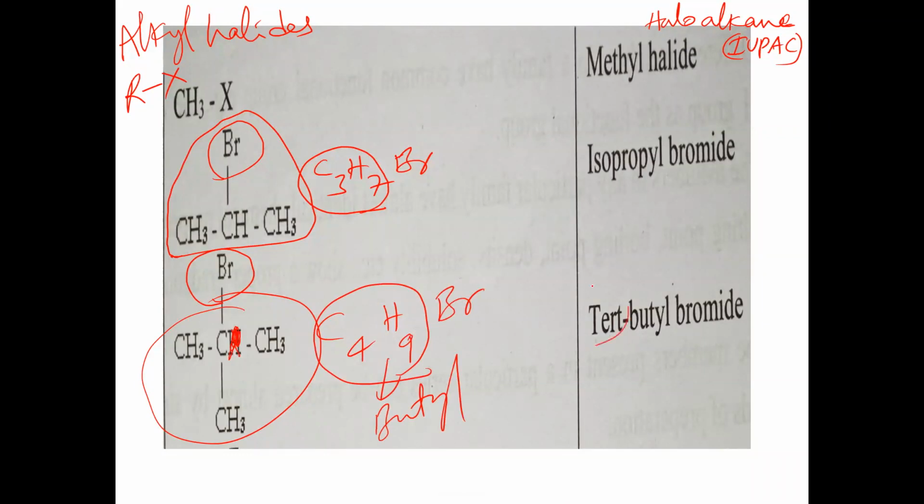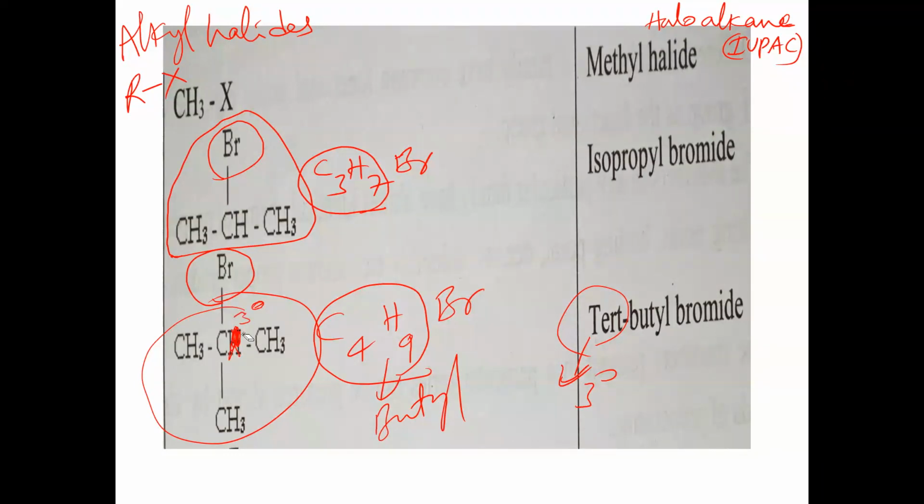And why is it tertiary butyl bromide? Tertiary meaning 3 degree. This bromine is attached to the secondary carbon atom, or the tertiary carbon atom? The tertiary carbon atom. Why is this carbon a tertiary carbon? Because this carbon is directly attached to how many other carbons? 1, 2, 3 carbons. The carbon attached to 3 other carbons is a tertiary carbon. On the tertiary carbon, bromine is there. So it is called tertiary butyl bromide. And what is the IUPAC name here? 2-bromo-2-methylpropane. Longest chain 3 carbons.